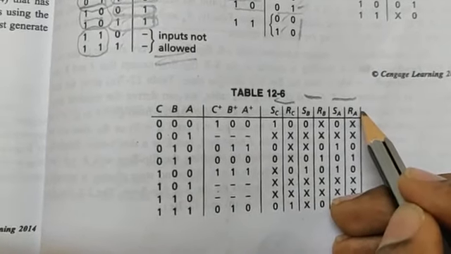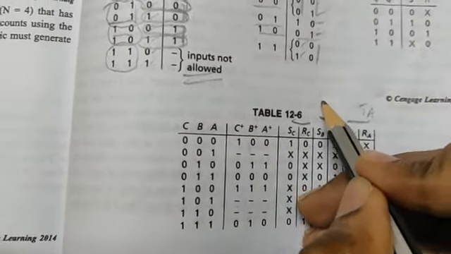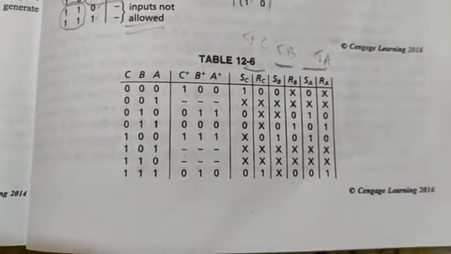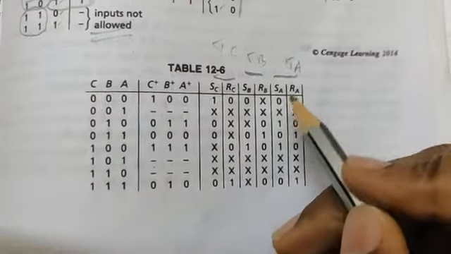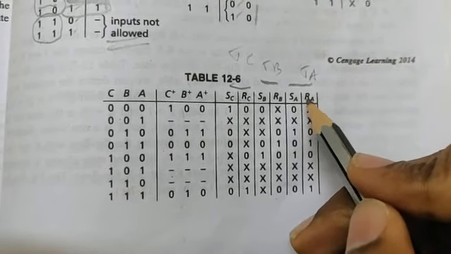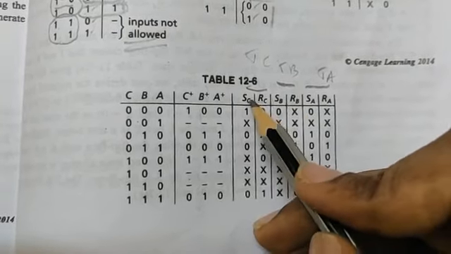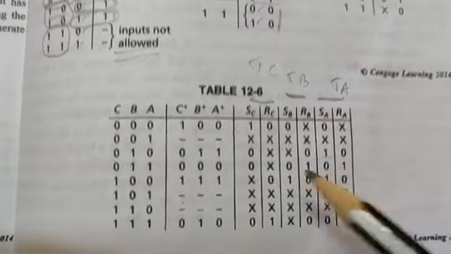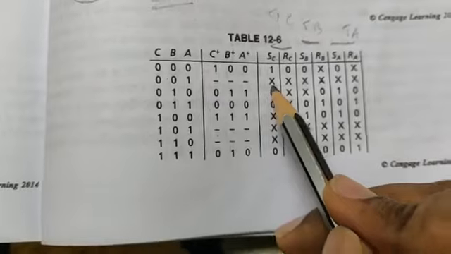But in the previous videos, it was TC, TB, TA, because those flip-flops have single inputs only. But the SR flip-flop contains two inputs, one is S and one is R. So two columns, S with respect to A and R with respect to A, S with respect to B and R with respect to B, S with respect to C and R with respect to C. So totally 6 columns. We need to fill the 6 columns. So when there are dashes like this, just fill in the don't cares.